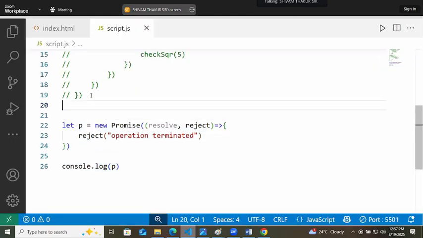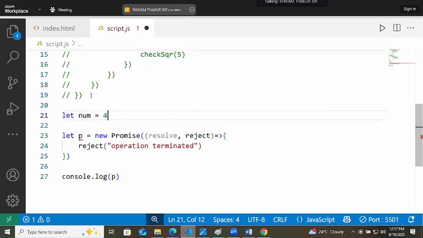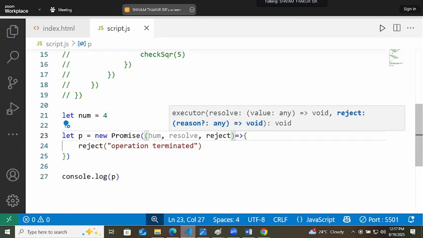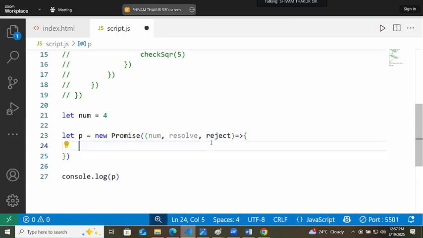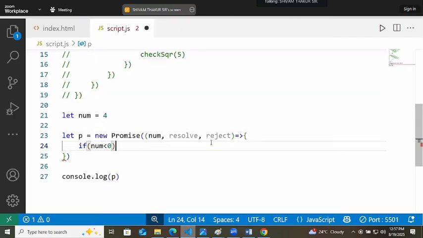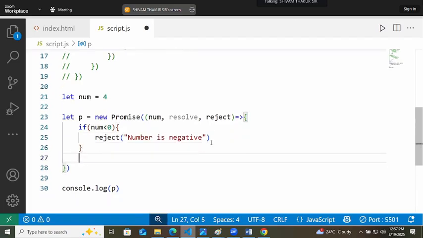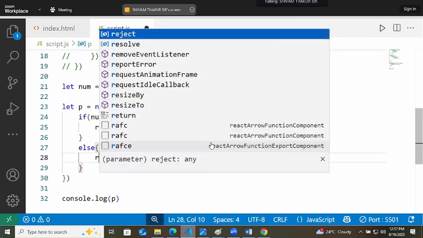Now, let's for a moment, I will create a variable here, let num equal 4, and I will pass the value of num inside the function and check if the value of num is less than 0, meaning it is a negative number, then I will reject it with the value number is negative, else I will resolve it.